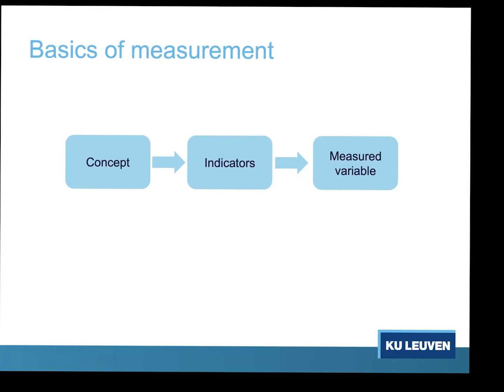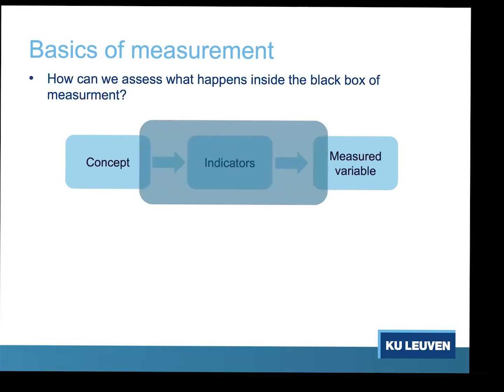And here we want to make sure that this process is as smooth as possible, that we have as few errors creeping in as possible. But the big issue is that very often this is a kind of a black box. Of course, we start from a theoretical concept, and then we end up with a score that we observe. But what goes on? How do we travel from this concept to the score? And how can we really know that things have not gone wrong, right?